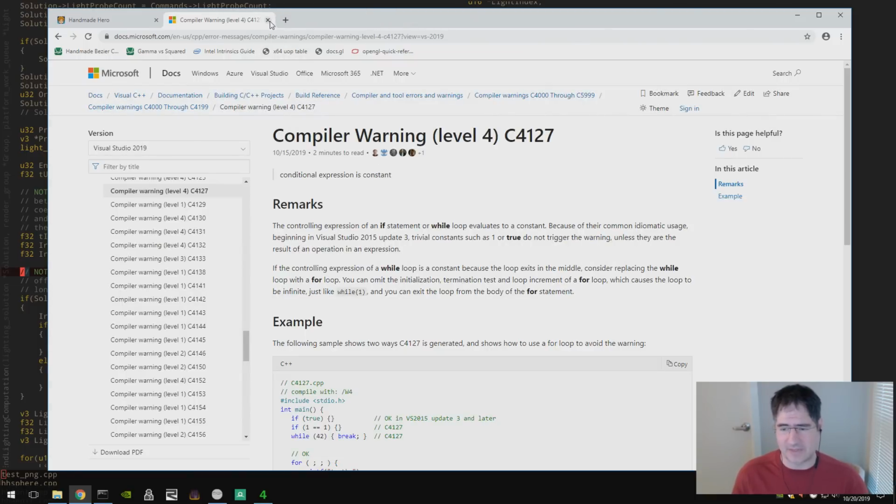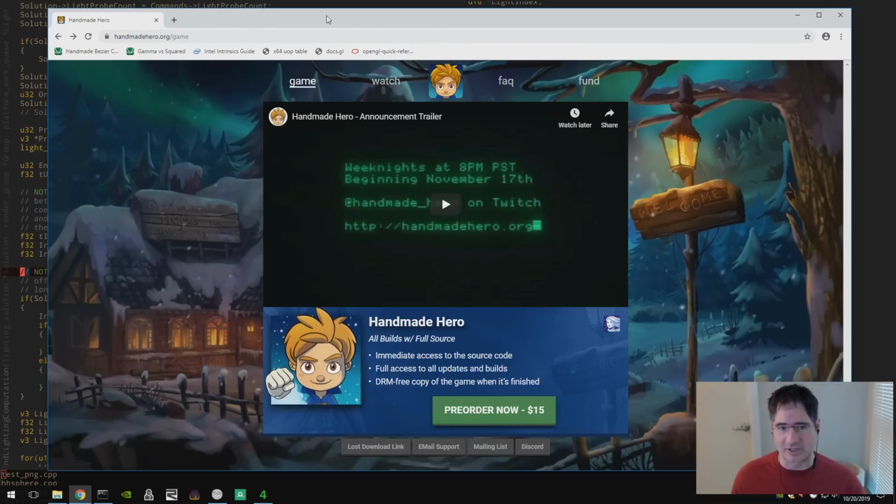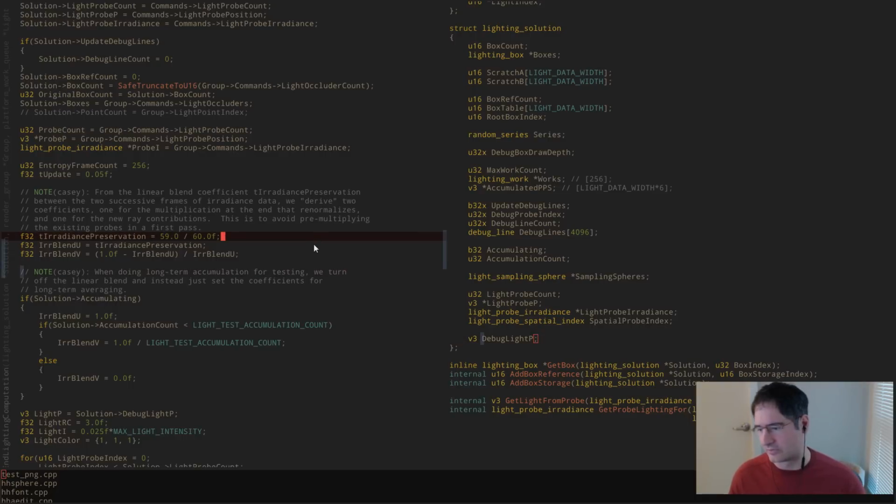Because honestly, Visual Studio is not that good of a debugger. It's not as good as WinDBG. It has a small subset of the features of WinDBG, right? So,